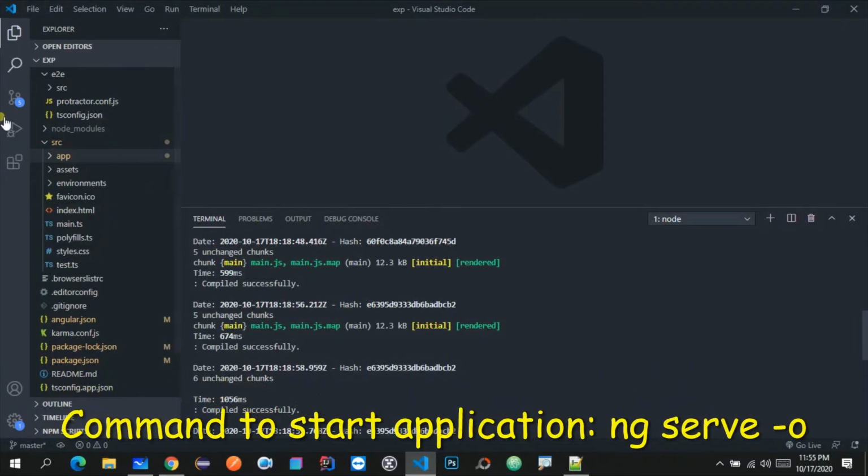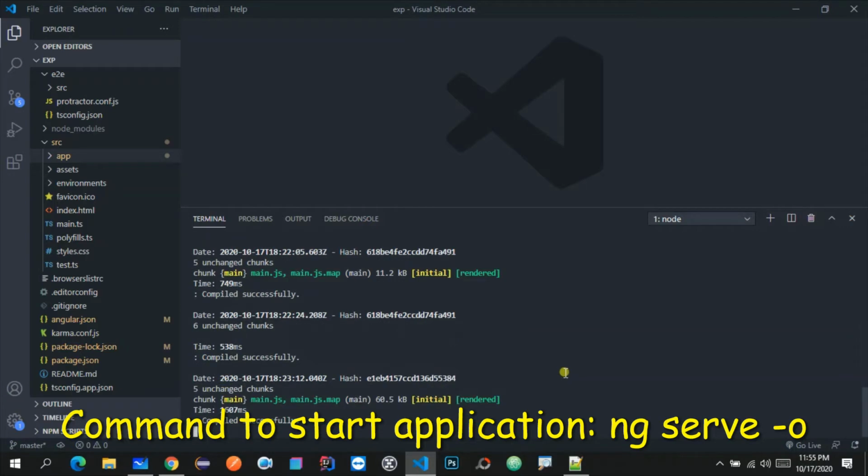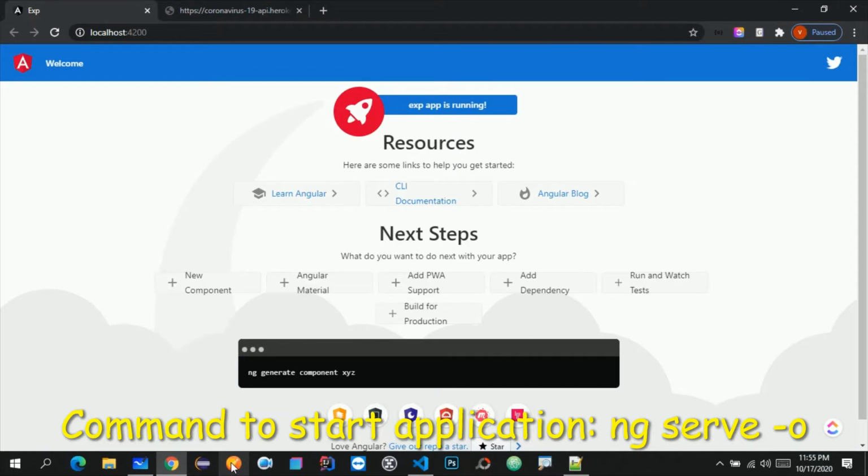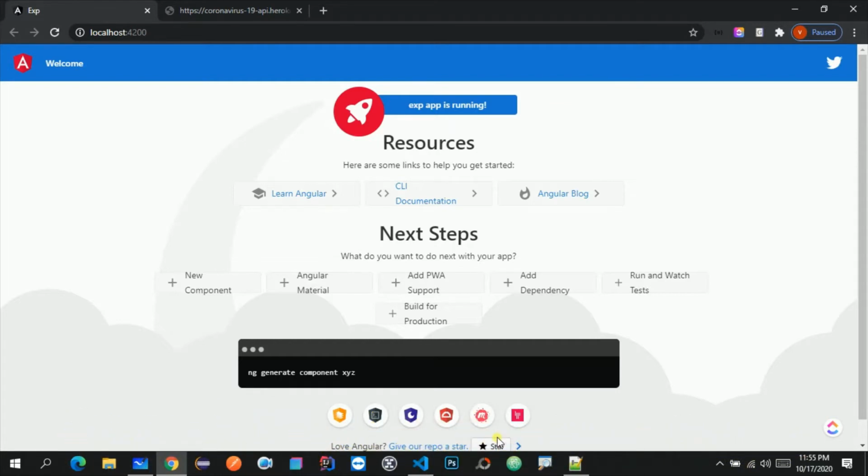Now I'm in my Visual Studio Code and I have just started the application, and it is running on the default localhost 4200 port. As you can see, I'm able to see the default design and page that we get when we create a new Angular project. Probably you will also see this same page when you run the application the first time. I have done only one change: I configured this application to use Bootstrap so that we will not waste time configuring it again.